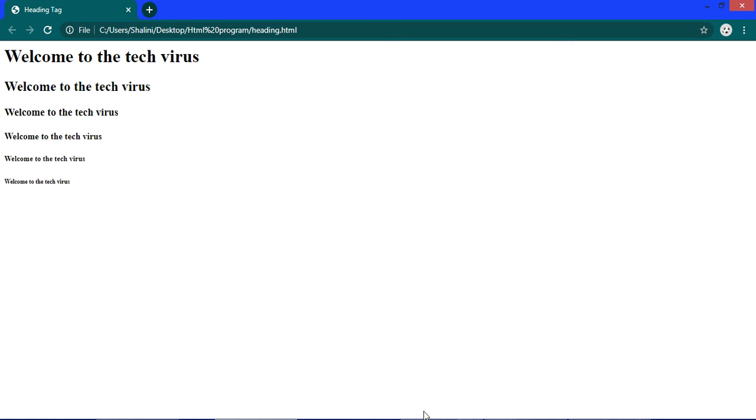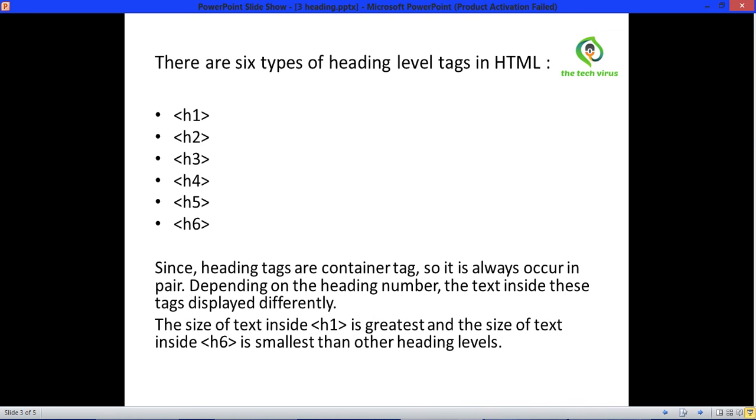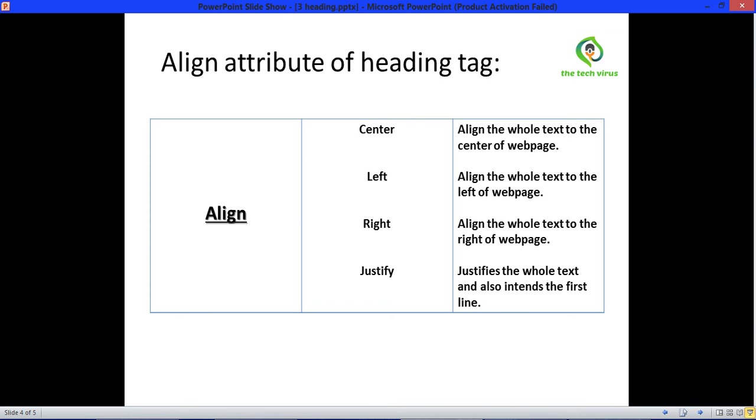Okay. Now, we can also align the text inside a heading tag in a web page, and based on the requirement, it can be displayed accordingly. The text written in notepad always appears left aligned on the web page by default. The align attribute is used to change the alignment of the text.